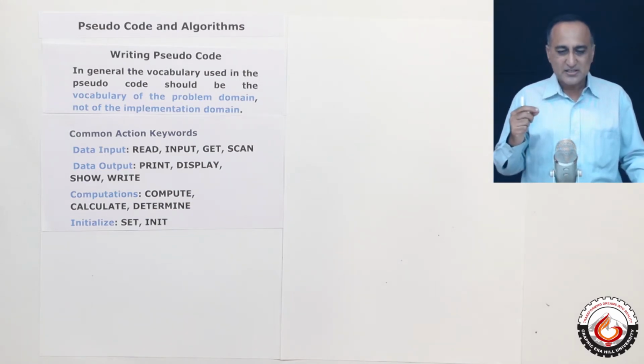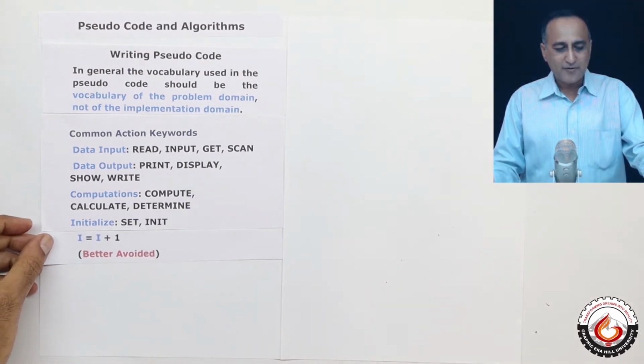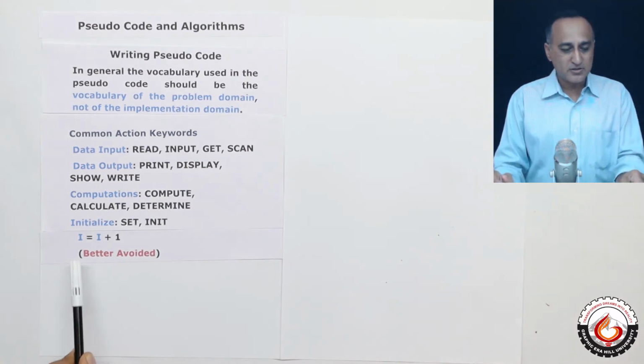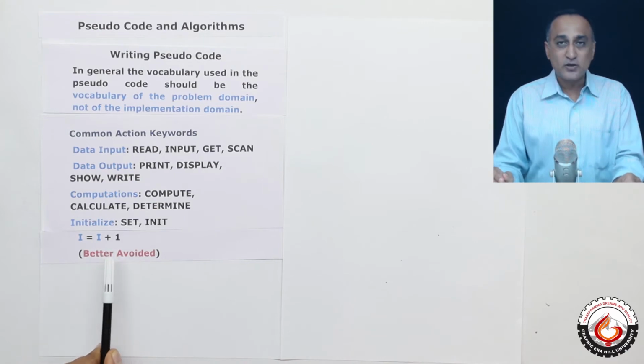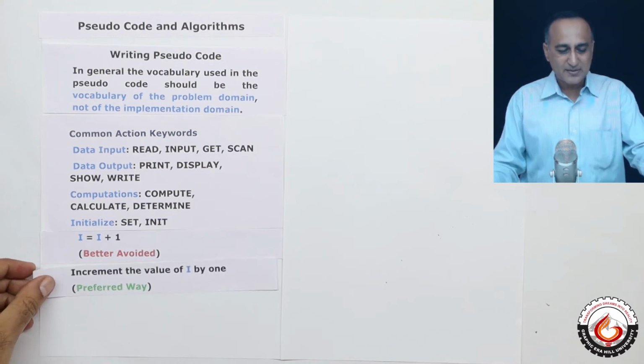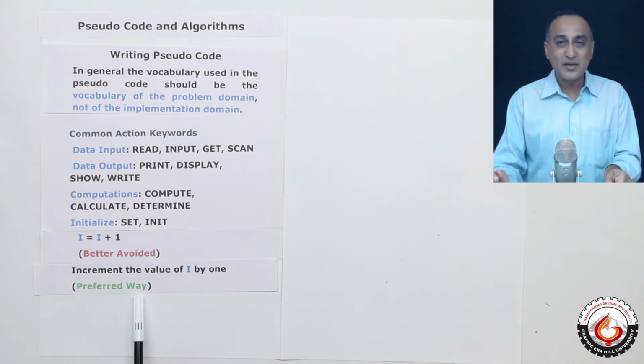In order to help you understand, let's take a few approaches which are not recommended and then I'll show you approaches which are recommended. If you're trying to increase the value of I by 1, writing it in code style is not a good way to describe it in pseudocode because this may not be clear to a person who does not know a modern programming language like C or Java. A better way to show the increase in value of I by 1 is an English like way. You will write something like this: increment the value of I by 1. This is the preferred way in pseudocode. The other is a way you had better avoid.